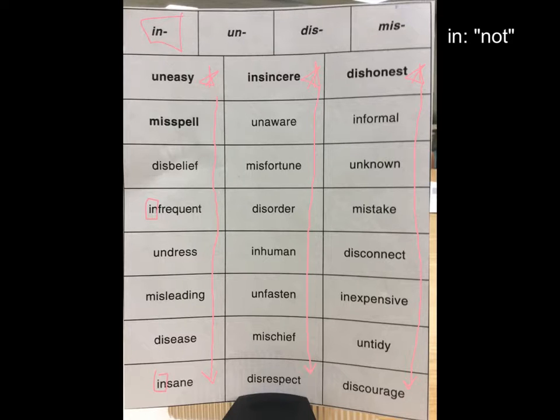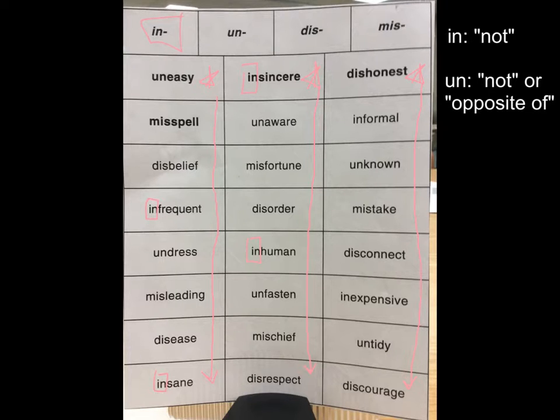Insane, sane meaning that you're thinking correctly, you're thinking straight. Insane meaning you're not thinking correctly. We have insincere, meaning that you're not sincere or you're not genuine in what you're saying or doing. Inhuman, meaning not the way that humans normally act. Somebody might be acting in a not human way. And looking through the rest of our words, you can find the other in words.